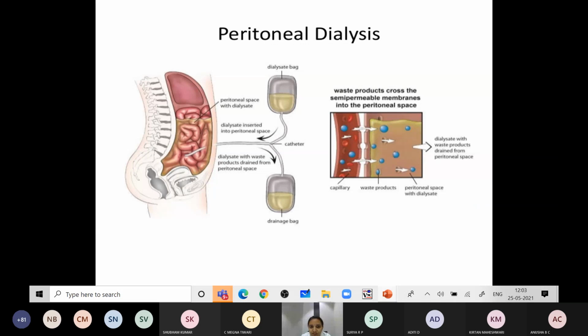Peritoneal dialysis is done sometimes in case of renal failure. As the peritoneum can absorb the excretory products from the blood, a dialysis fluid is introduced into the peritoneal cavity and later taken out, to remove the urea and nitrates in case of renal failure. That is called peritoneal dialysis.